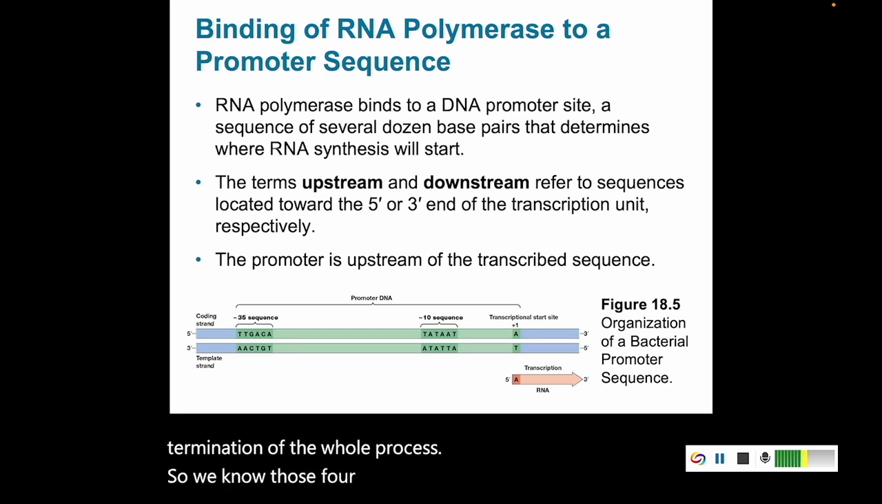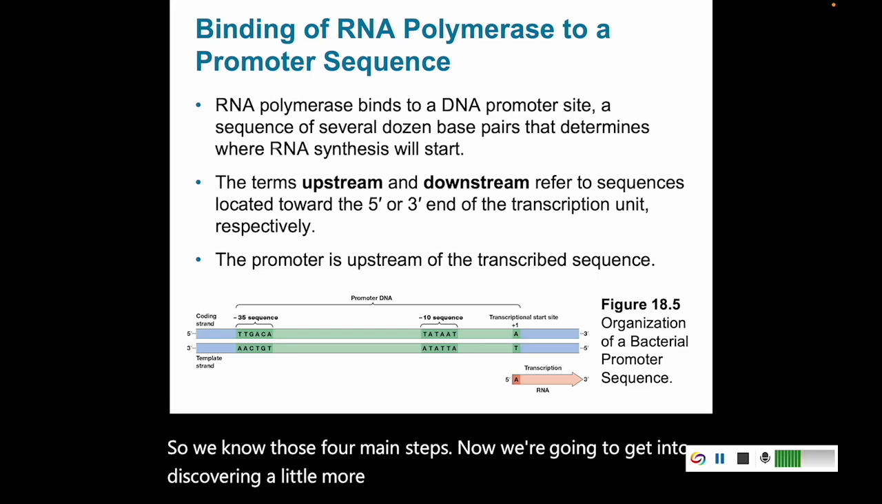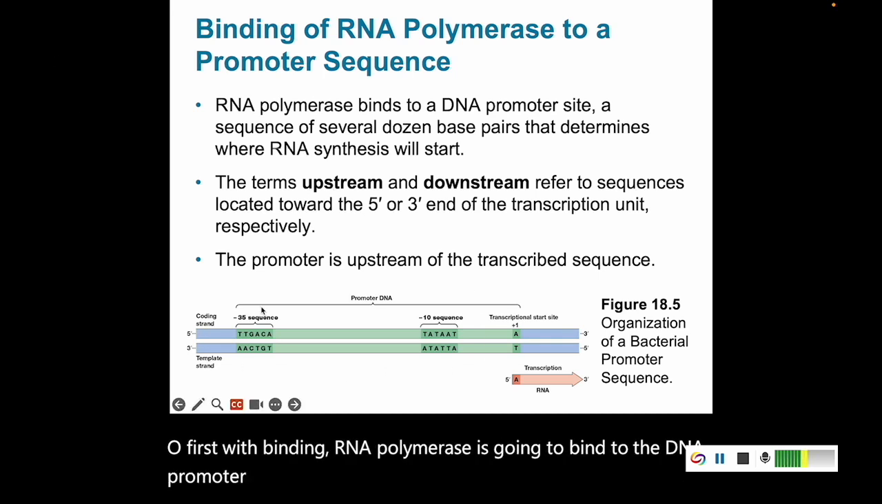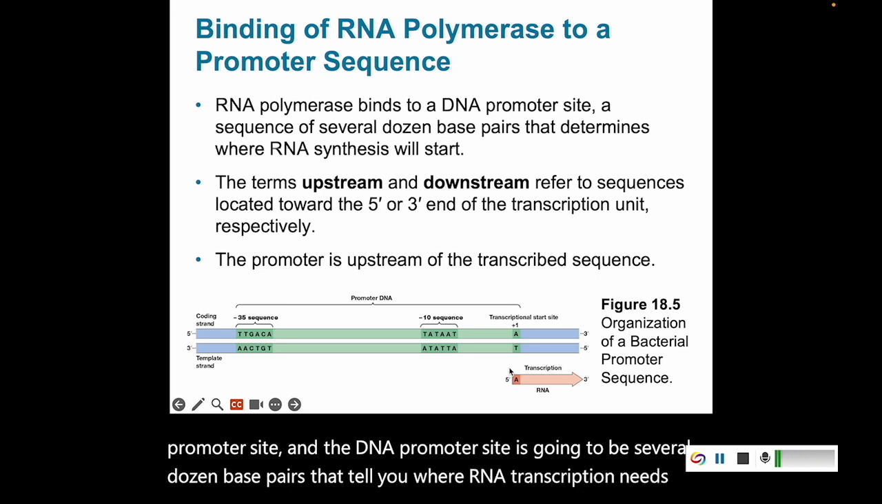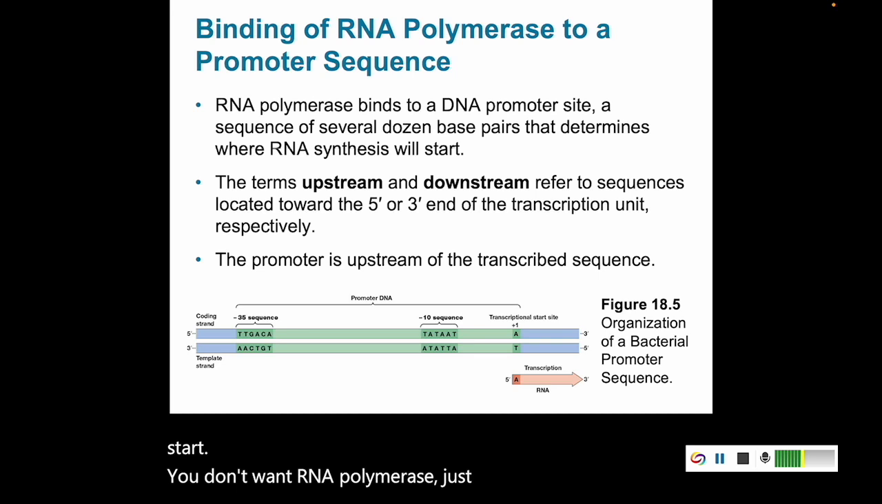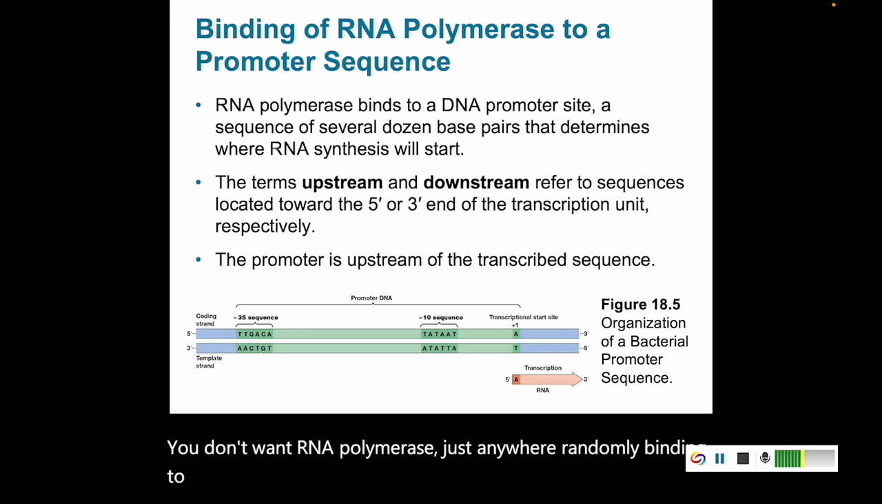Now we're going to get into discovering a little more detail about each of these steps. So first with binding, RNA polymerase is going to bind to the DNA promoter site. And the DNA promoter site is going to be several dozen base pairs that tell you where RNA transcription needs to start. You don't want RNA polymerase just anywhere randomly binding to anything and starting any random piece of RNA